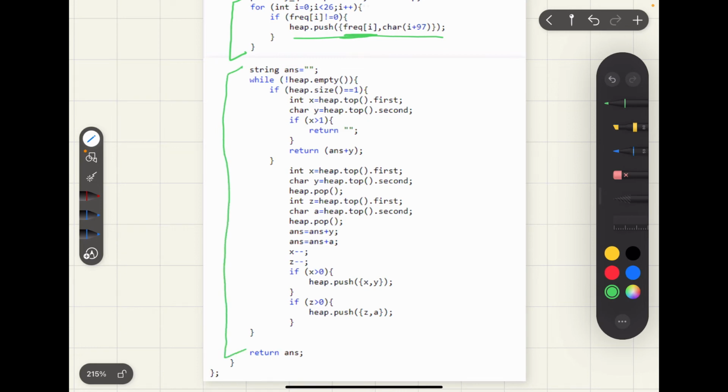So in this logic, let's assume that more than two groups are left in our heap. If more than two groups are left in our heap, what we do is that we get the two groups with the highest frequency. So for this,